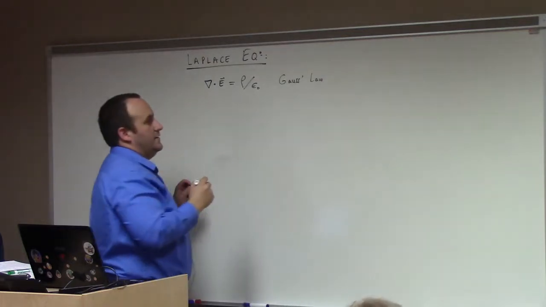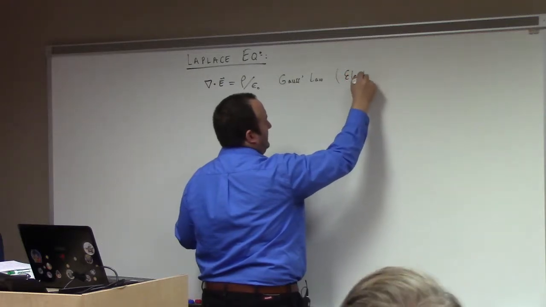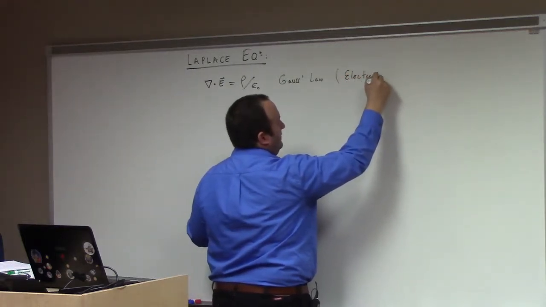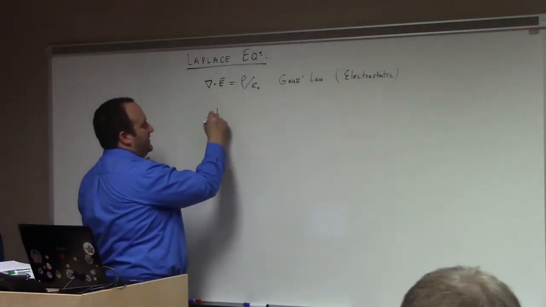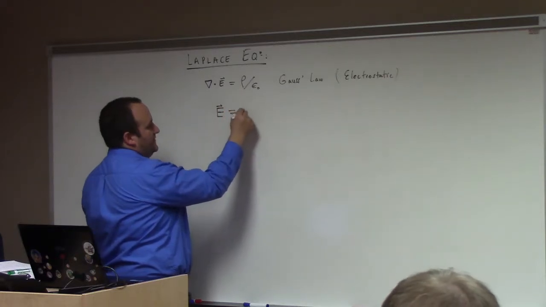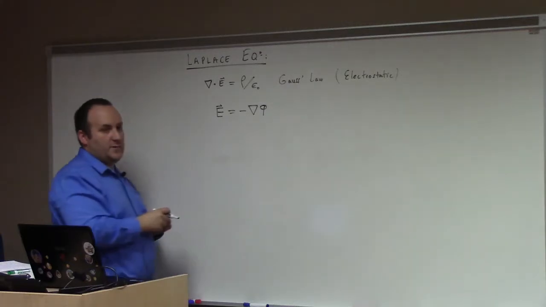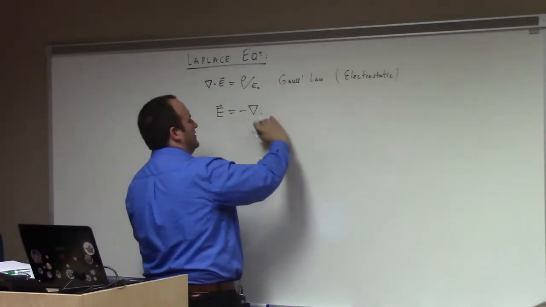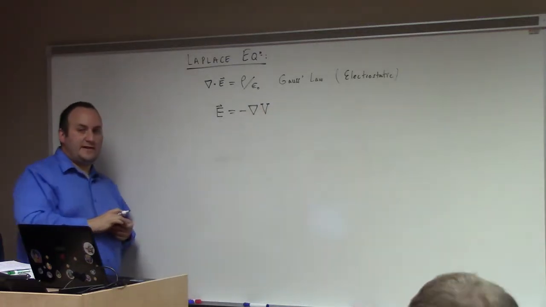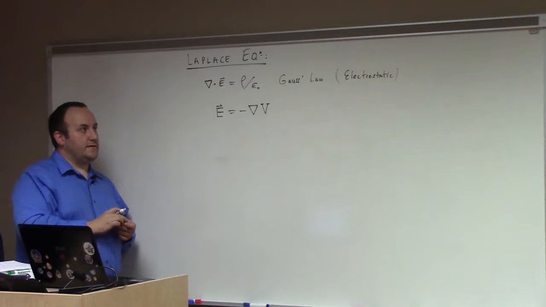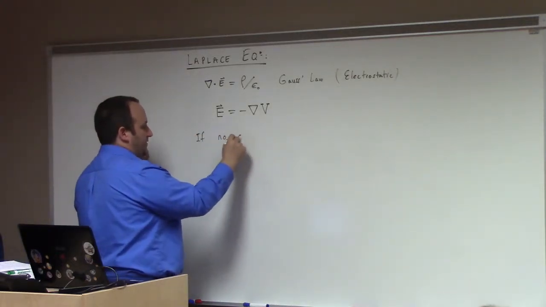All right. And I'm thinking about an electrostatic situation, so there's no time dependence. So what that means is we can capture the electric field as minus the gradient of the potential. Or I'll tell you what, let me use a big V for voltage. The potential is the voltage function. The electric field is minus the gradient of the voltage function, right? So in the absence of charge, if there's no charge,